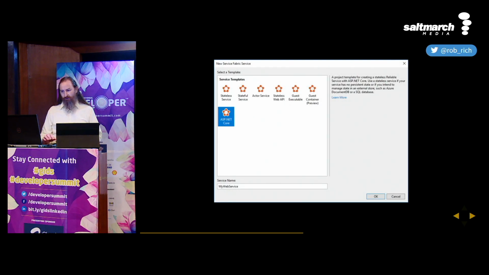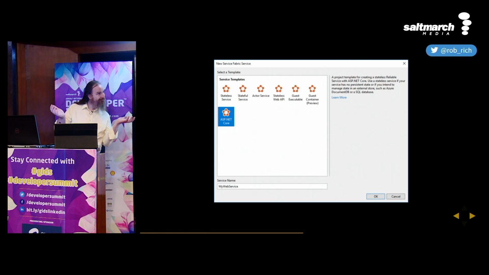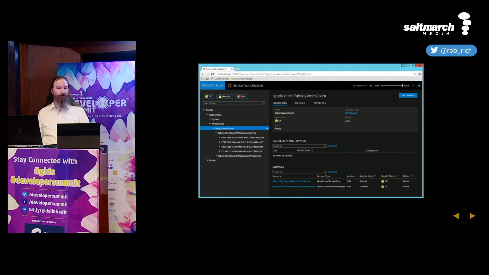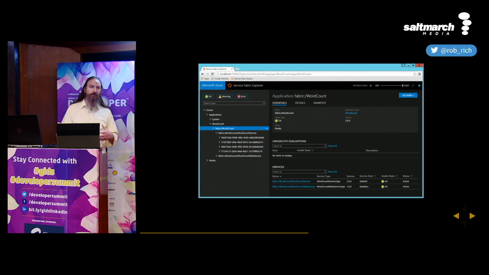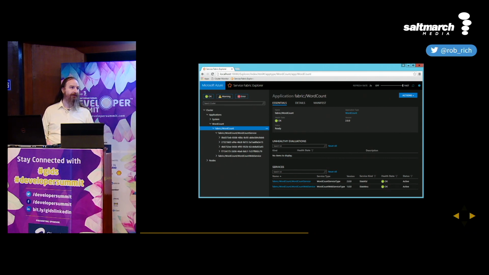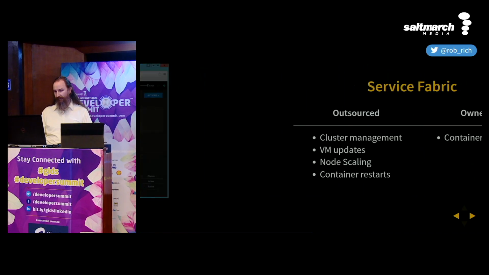So we start out by creating a Service Fabric template inside of Visual Studio, because reasons. And then we go into the portal and we can upload that service into Service Fabric, and it will automatically scale our things. We don't need to worry about node pools or patching or anything. We just say how many instances we want, and it just does it. That's kind of cool. If we don't want to manage anything, this is a great solution.